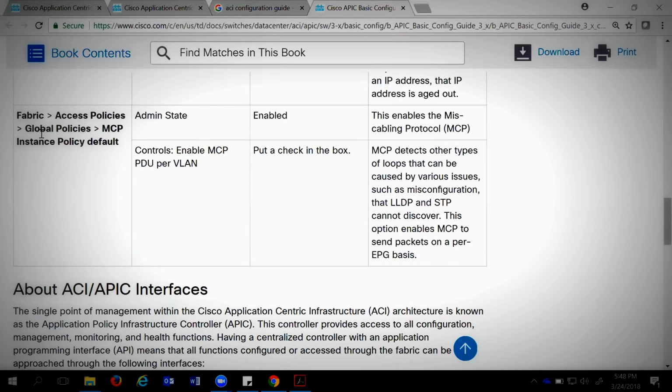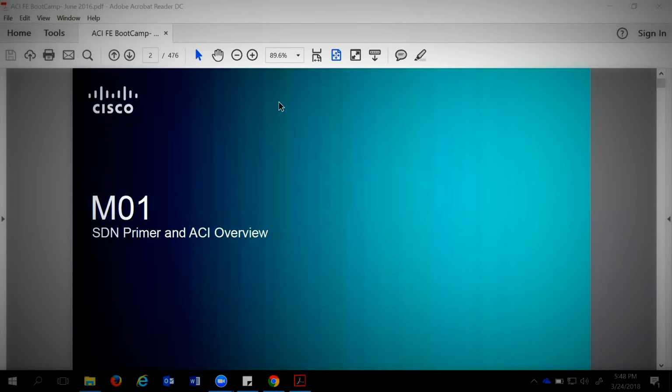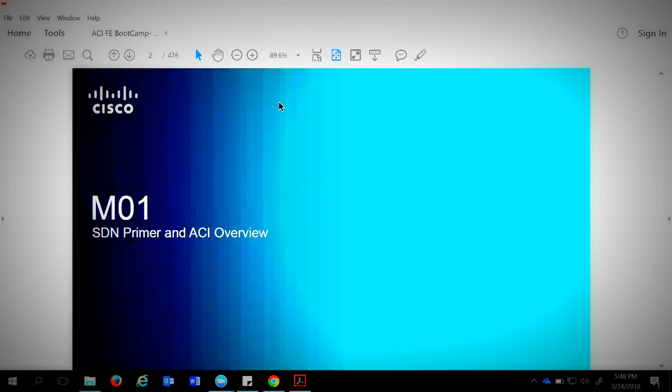We would be using more of the GUI, and we need to understand the GUI level things. Accordingly, we have to try to build the whole infrastructure. So these are the things, guys, that you should be following, but I would be following a PowerPoint. This is one of the curricula from the ACI basic boot camps, where we are going to follow a step-by-step process,